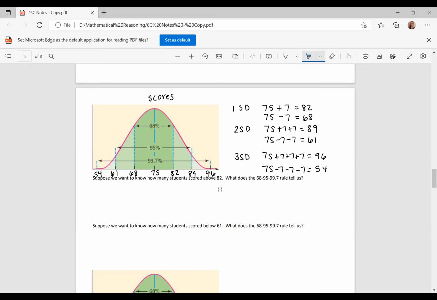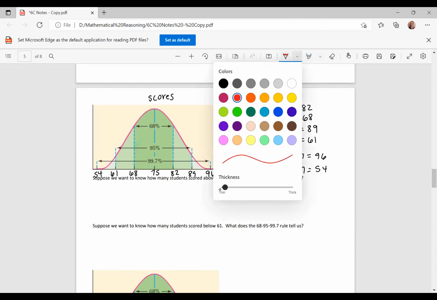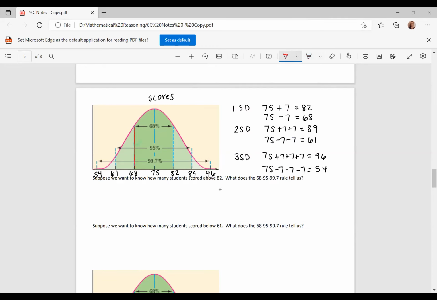So don't let this 68% confuse you right here. 68% would be right here. So if they scored above 68%, we're talking about everybody who scored from here over. So we've got this part of the tail here that doesn't get counted. These people